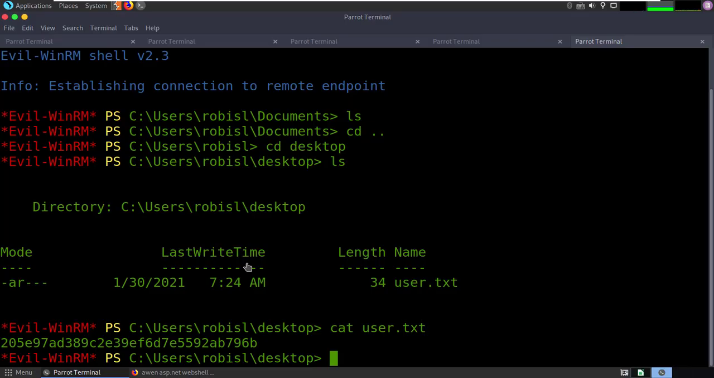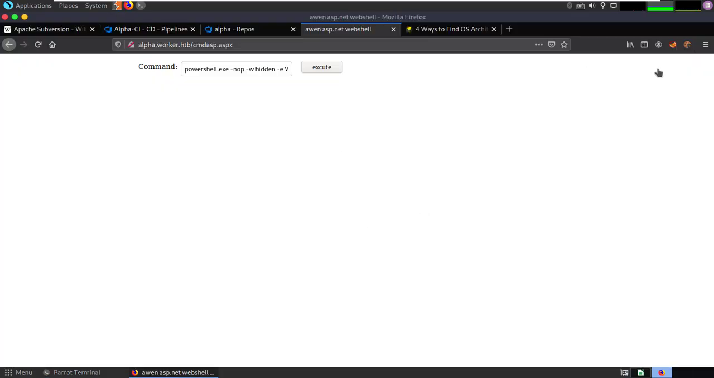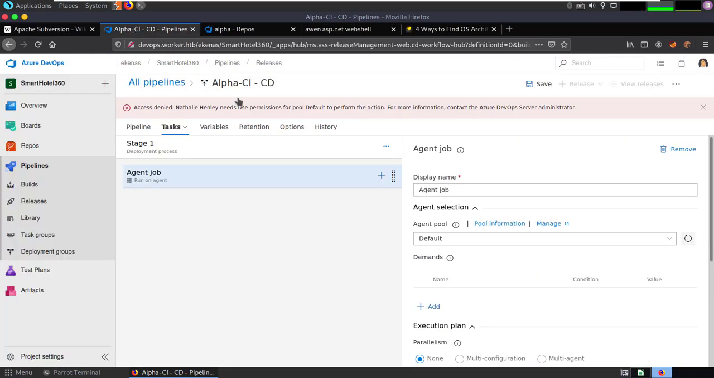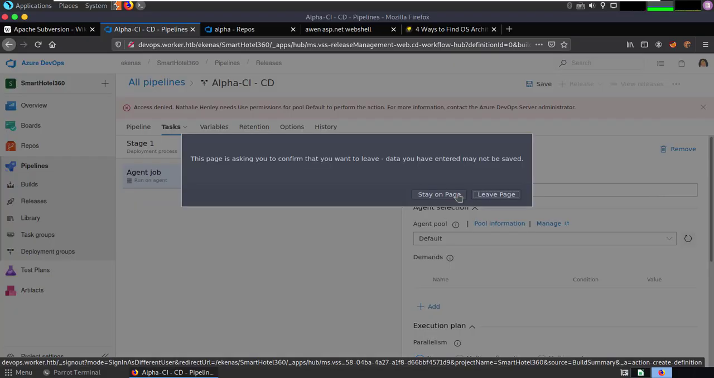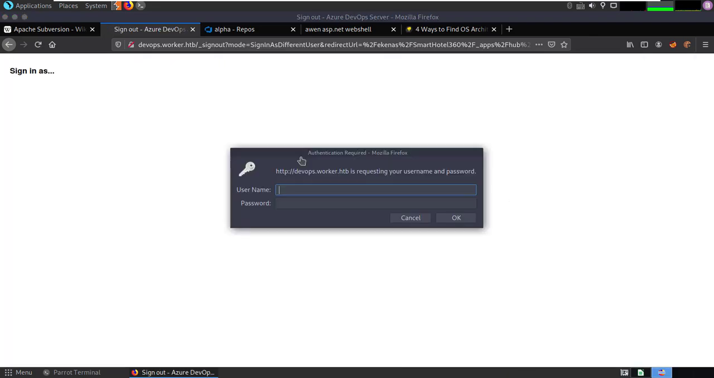What else can we do with this first user besides just logging in here? You can do enumeration on Windows, but this box makes you go back and go after the website. So let's go back to this pipeline area. It's actually Natalie Henley, not Nathen, it's Nat Hen. Let's see if we can sign in as somebody else. I'm gonna leave this page, and robisl wolves11